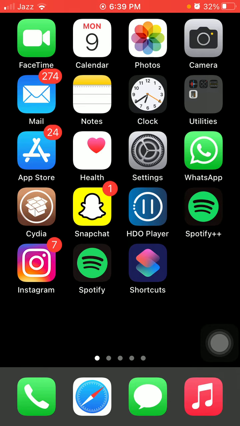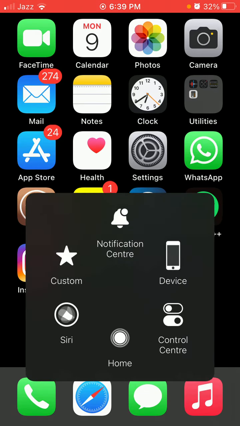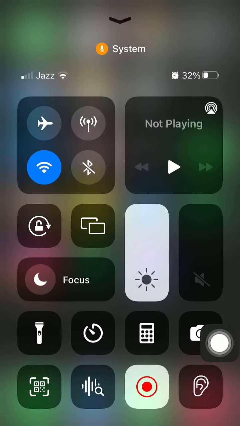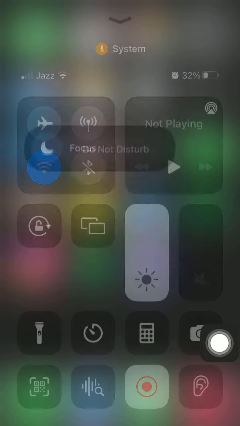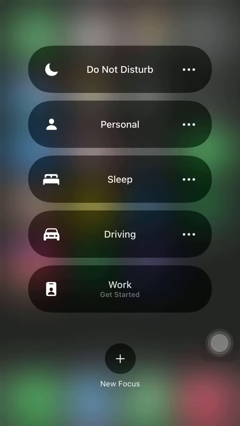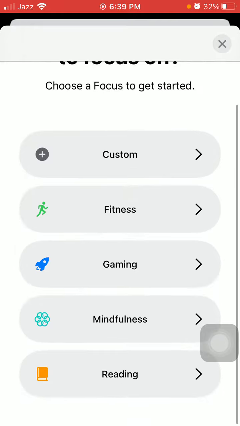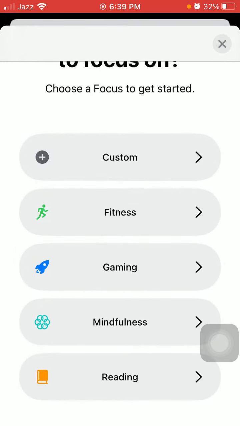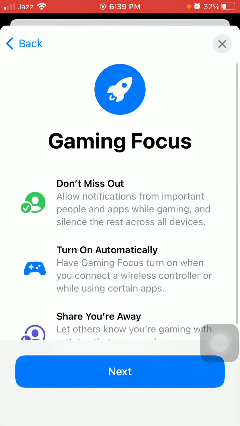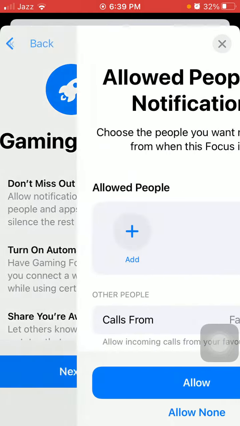Now we have to activate Control Center and you have an option here, Focus. Tap on it and we have to tap on plus to add a new focus. On that page you have an option, the third one, Gaming. Tap on it. Now tap Next